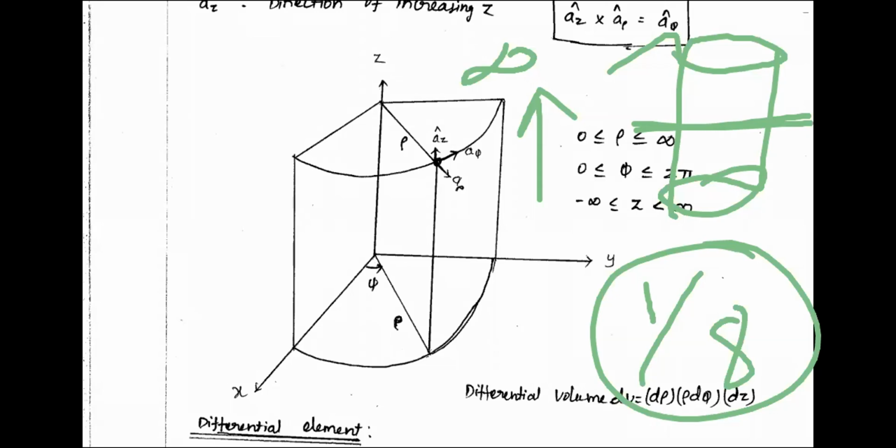How 1/8? Suppose there is a cylinder. Only the top portion is here. The bottom portion they are not showing because in 2D paper it cannot be shown. Even in the top portion, they are showing only 1 quadrant. There will be 4 quadrants generally. Only 1 quadrant they are showing. So 1/4 is visible. Again, totally another bottom portion is there. There 4 pieces will be there. So only 1/8 of the portion is visible to you. Is it correct, sir? Anybody? Are you able to imagine this?